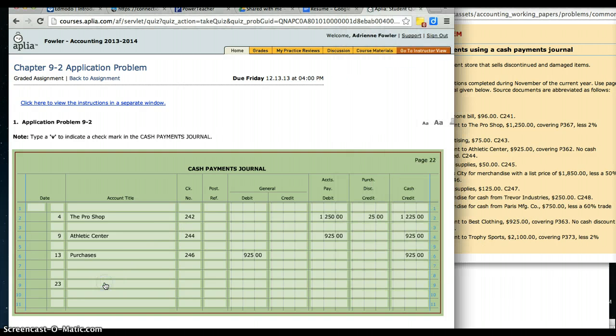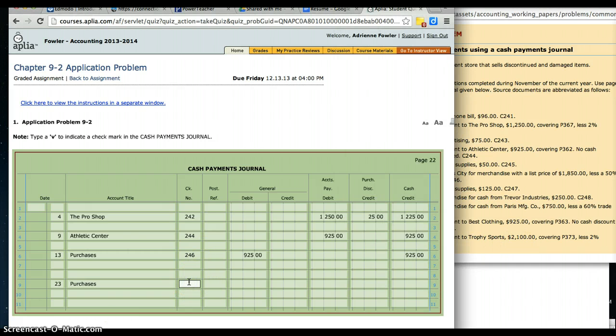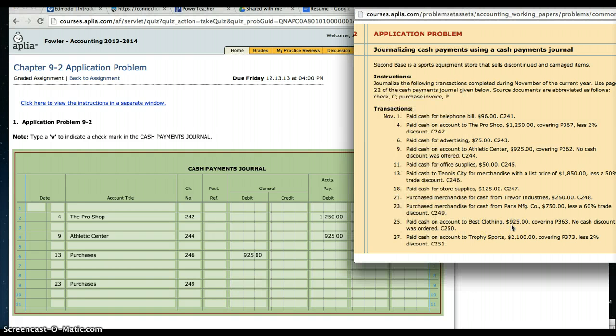Again, since we're paying cash, we don't have to write the account name. We're just going to write purchases. And we are going to do check 249. And we are going to debit purchases and credit cash. So we get 60% off for this one, so we only have to pay 40%. So what I would do is take $750 times 0.40, because that's the only amount out of pocket that we have,